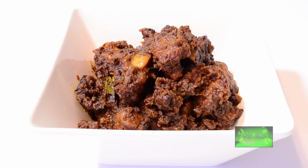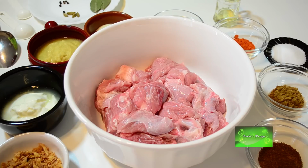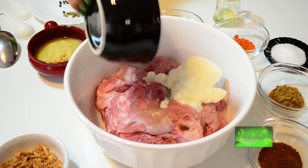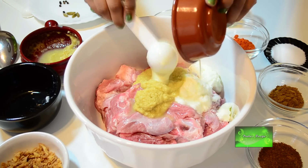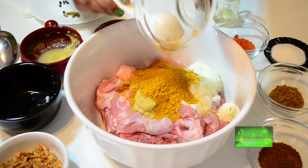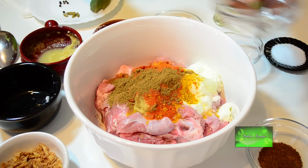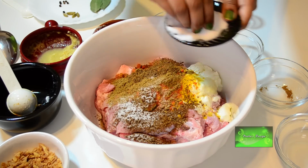Today I am going to show you how to cook beef bhuna. For marination, we are using 1 kilo of curry cut beef. I am adding 100 gram of plain yogurt, 3 tablespoon ginger paste, 1 tablespoon garlic paste, 1 tablespoon turmeric powder, 1 tablespoon chili powder, 1 tablespoon cumin powder, 1 tablespoon coriander powder, salt to taste,